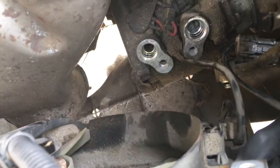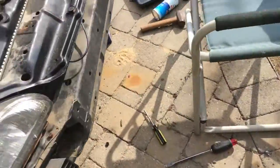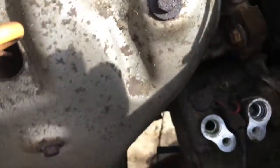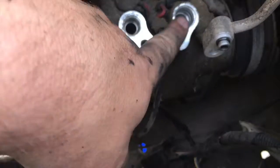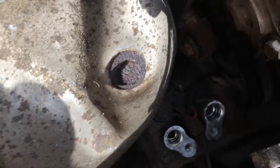All right, so I just got the AC condenser out, as you can see. Basically, to get it off, if you're gonna do this, you have to remove the two from the AC, you have to remove the two here, and then you remove these off the back of the condenser. And then there's a couple electrical connections. This one, actually,